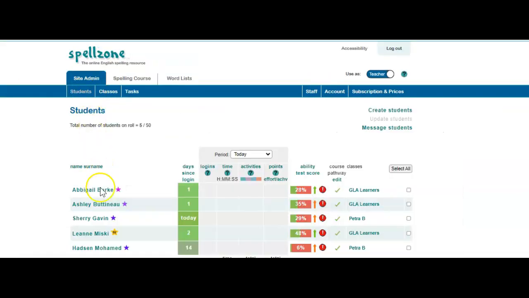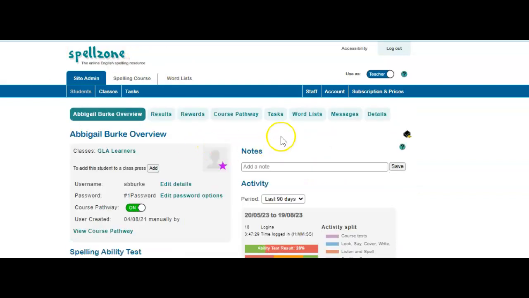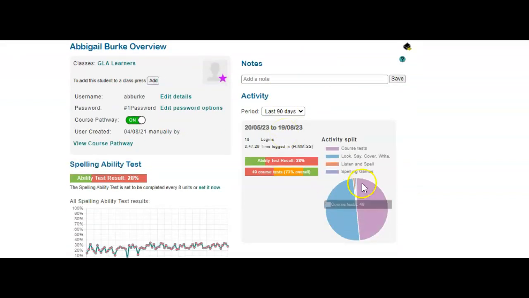You can also go and look at a more detailed view, and we're going to pick Abigail, and I can see here her activities split. She does a lot of course tests, and look, it's saying "covered right." She doesn't do very many of the other ones, but it's suggested that they do a bunch of different things